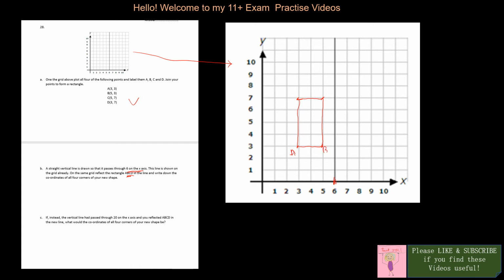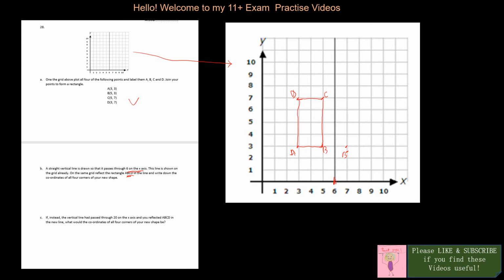we have B, which is 5, 3, we have C, which is 5, 7, and we have D, which is 3, 7. Okay, now we have to reflect this and write down the coordinates of the new shape. So B point will be reflected here. That will become, let's say, B dash,